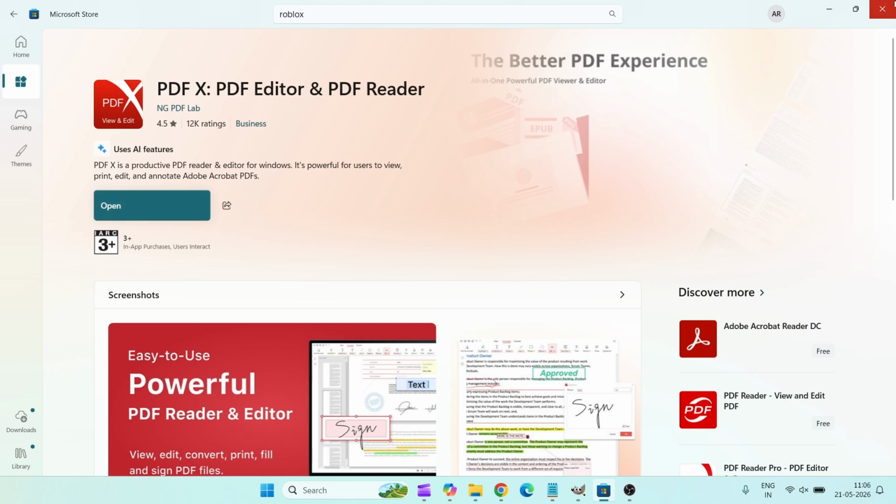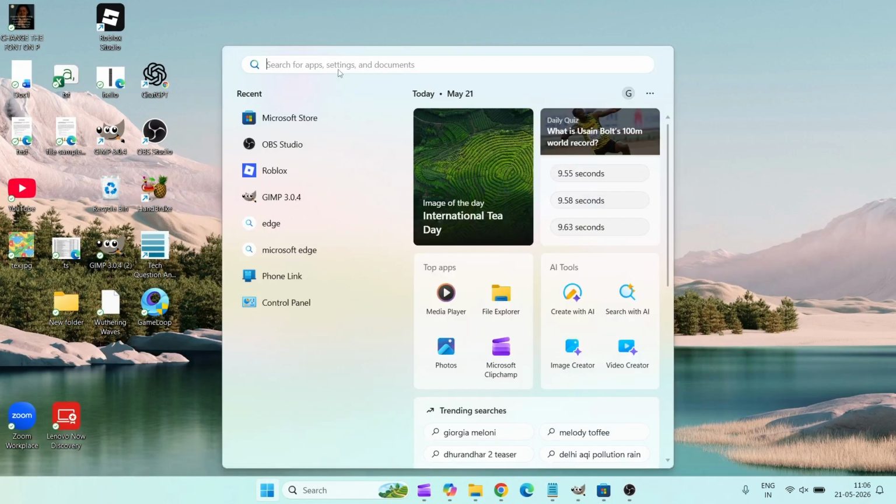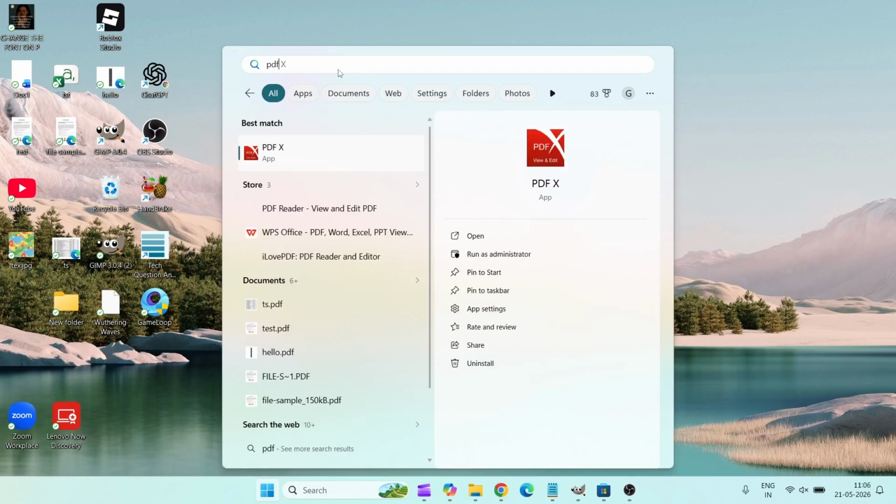Yeah, see here it is downloaded. I'll just minimize this, and here if I just do this PDF search, it is not getting placed on the desktop, but I want quick access. What I can do is, you can just right click on this, okay, the application,